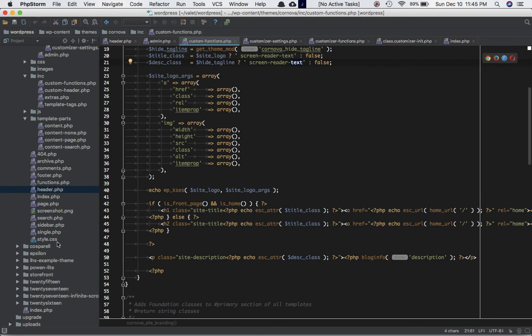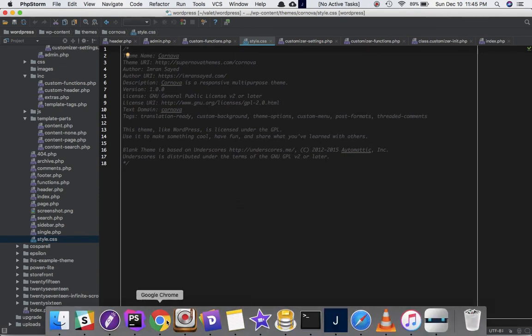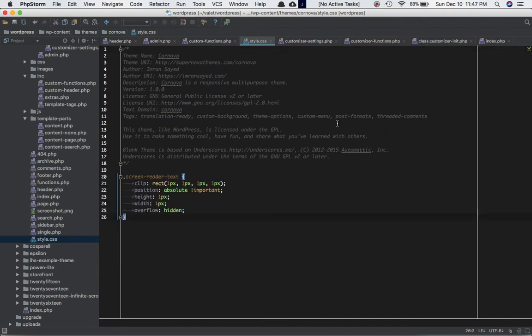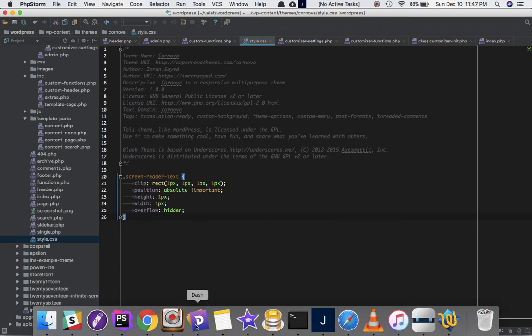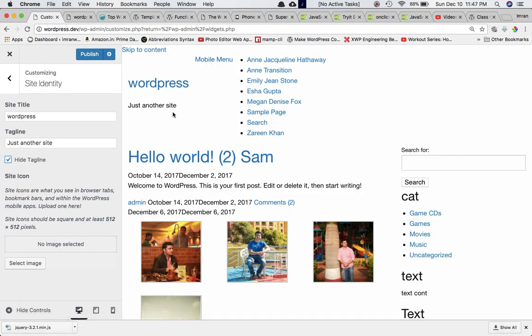And what we've done is, if you go to style.css, in style.css, what we really need to do is define this class, and we're going to put position absolute, hide 1 pixel width, 1 pixel height, overflow hidden. So this class is going to hide the tagline. Okay, so now if you go ahead and refresh the page,